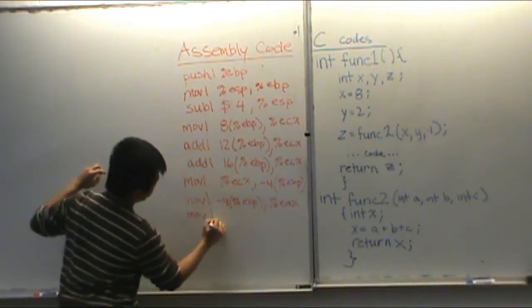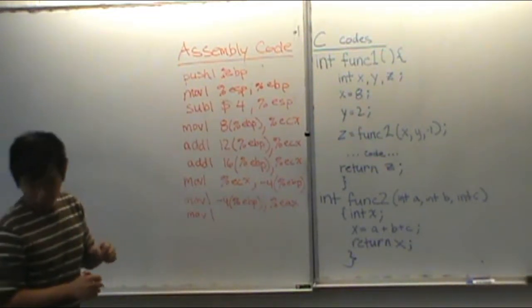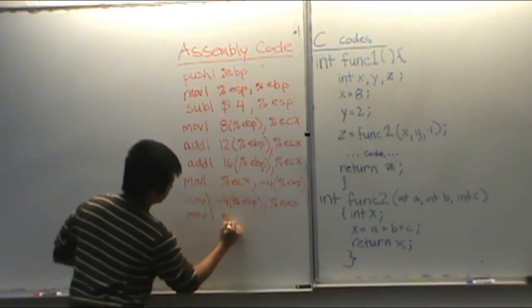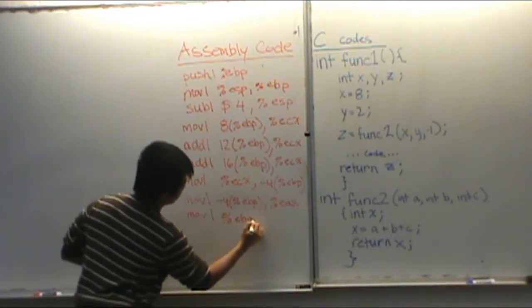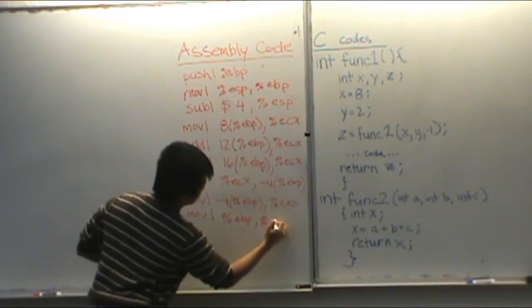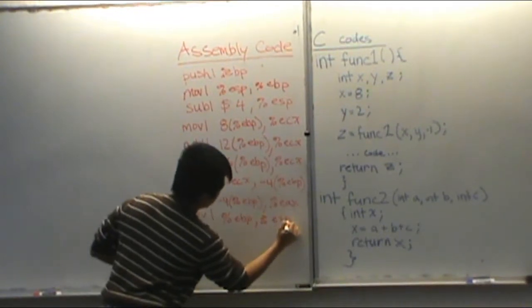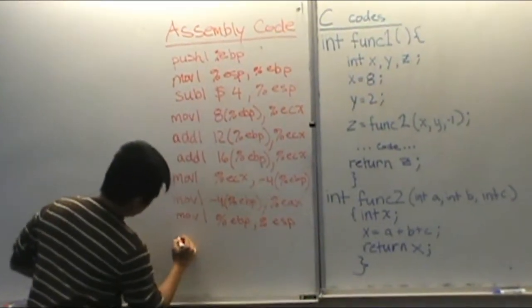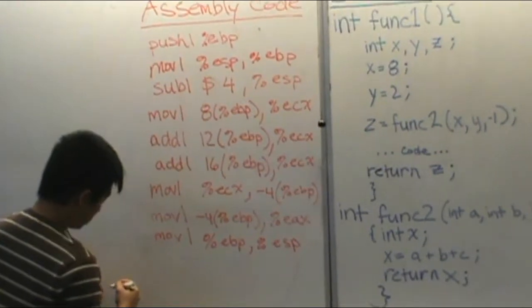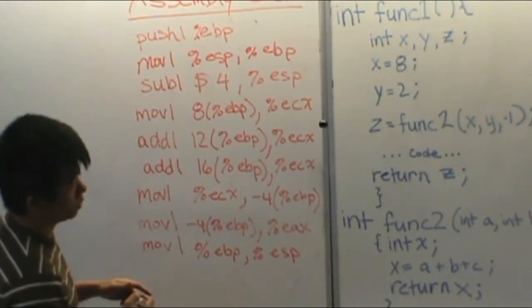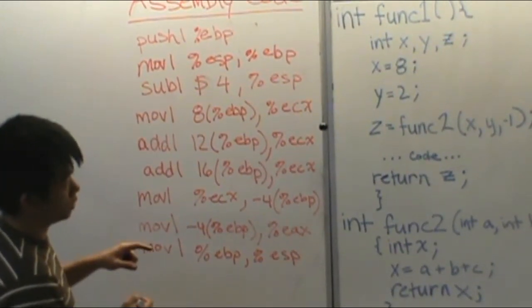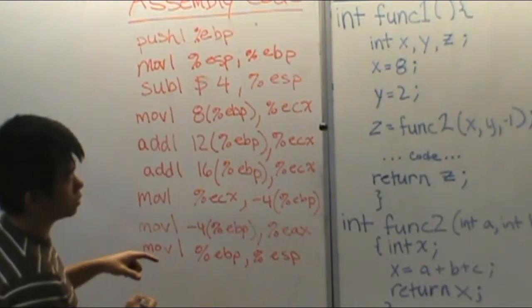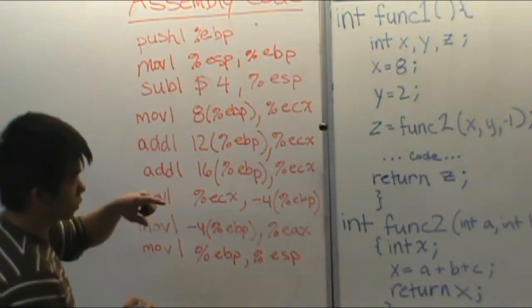So we move percent EBP to percent ESP. And then we pop it to go back to the return function,